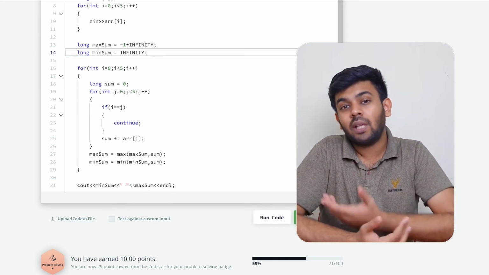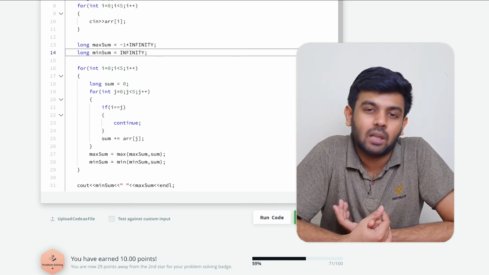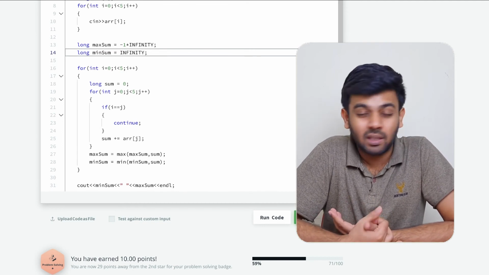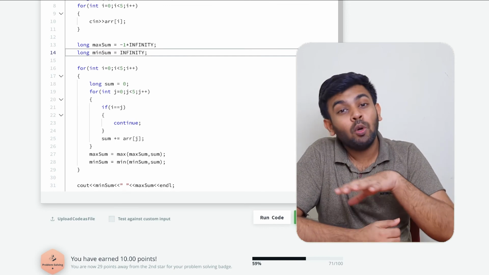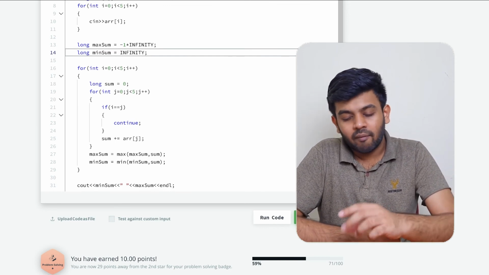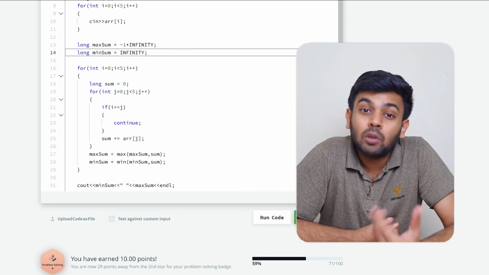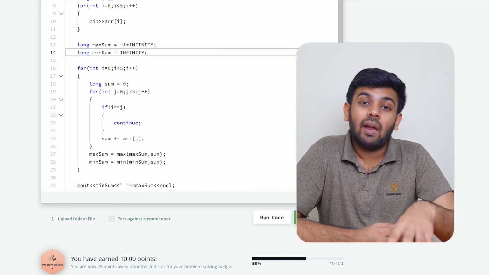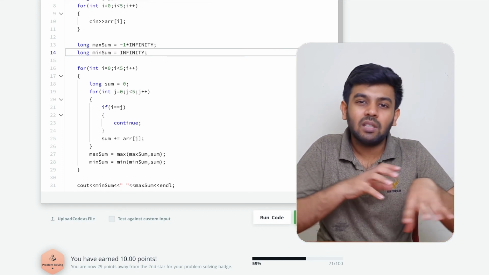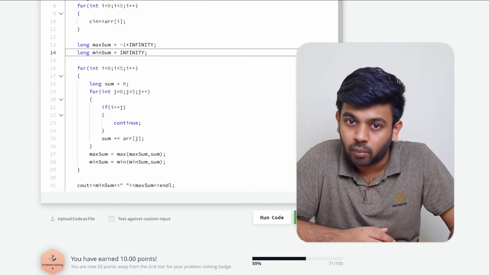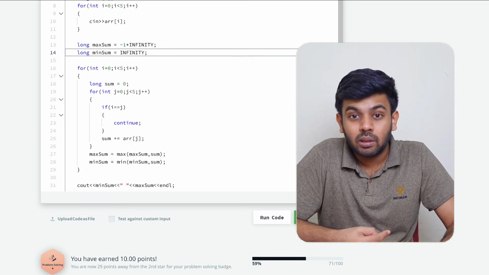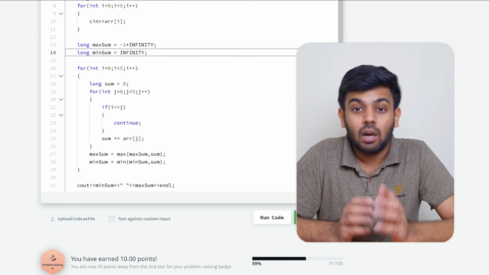So the solution that you have implemented just now is a naive or brute force implementation. It doesn't care about the efficiency of the program. You can do it in a more efficient manner if you use sorting. When you get the array of size 5, you can just sort it right away and leave out the first number. The first number in a sorted array will always be the smallest number, so you can leave out that one and add up all the other numbers, and that will give you the largest sum.